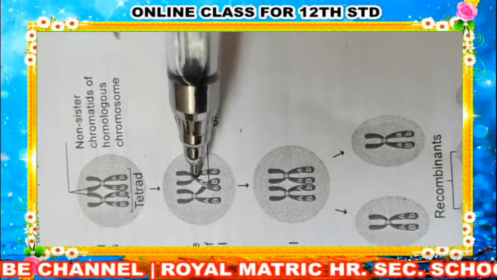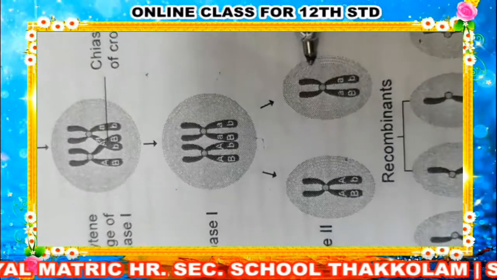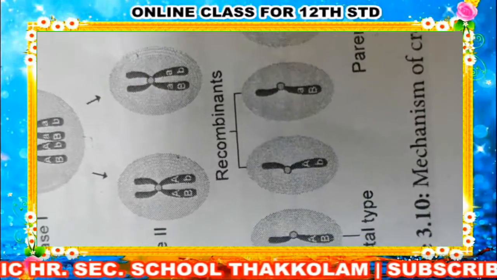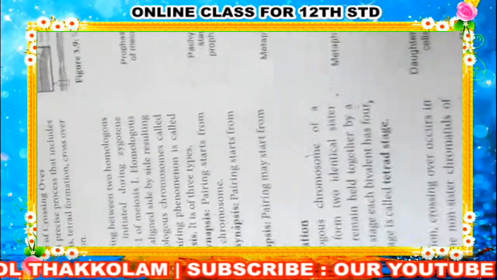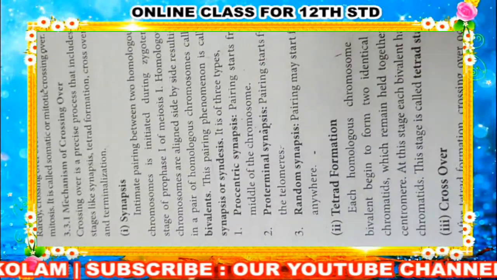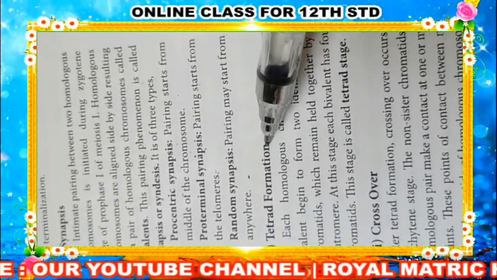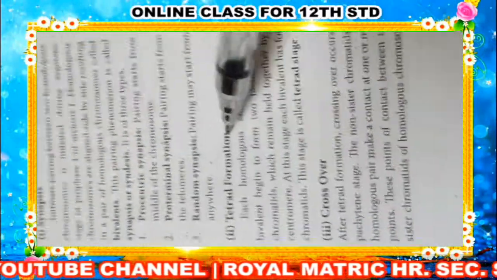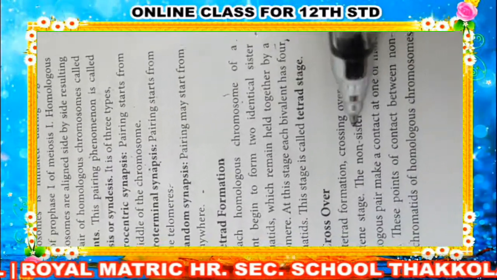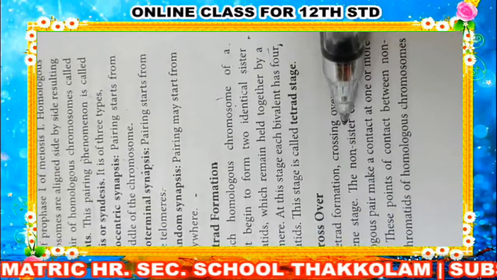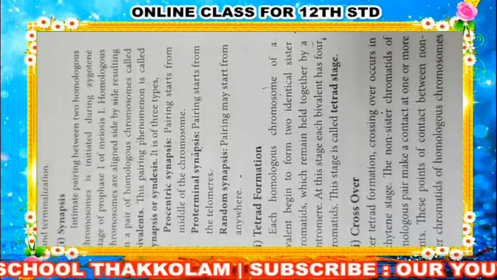See how the crossing over happens. After the crossing over, it gets separated and the new recombinants are formed. There is an exchange of genetic material. So, crossing over involves 4 steps. One is the synapsis, and then the tetrad formation. After that is the crossing over. And the fourth one is the terminalization. It will get separated. Okay.